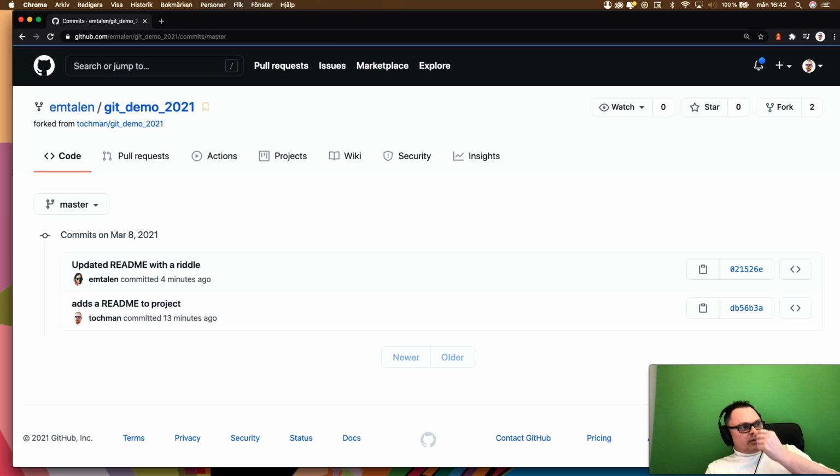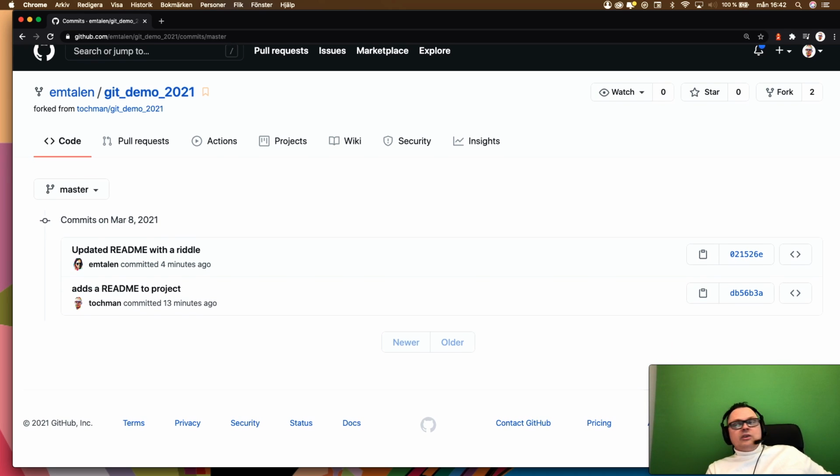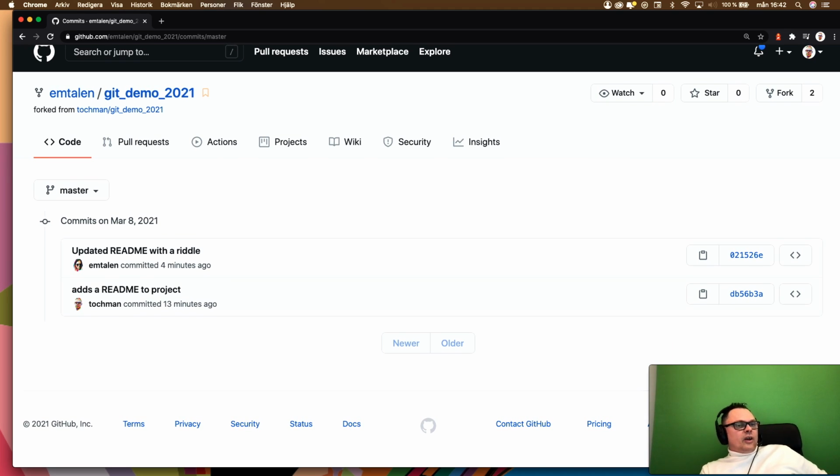We can click on this, it's a link, and here in this view we can take a look at the commit history on this particular branch, which is the master branch at this point. So the first one is the commit that I made with the commit message that I passed in, adds a readme to project, and then we can see the history, updated readme with a riddle. Okay, so